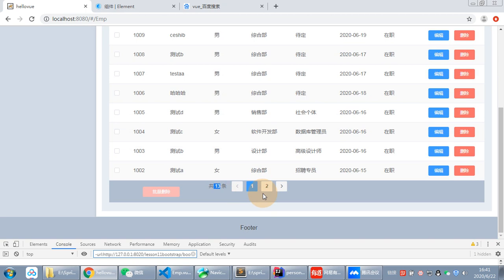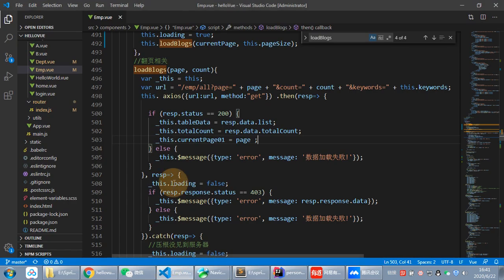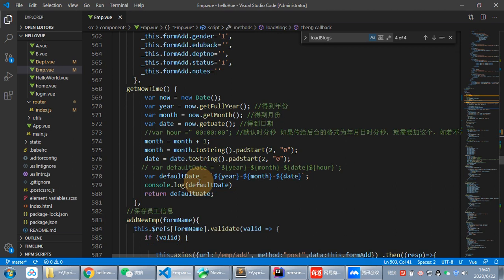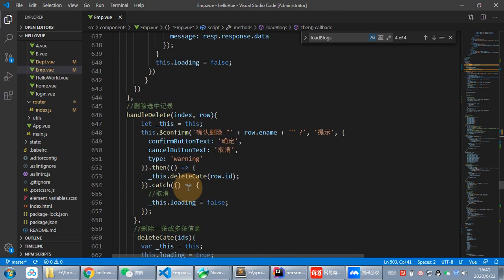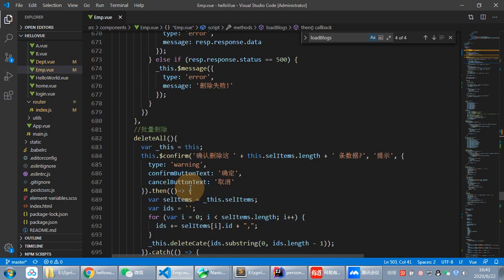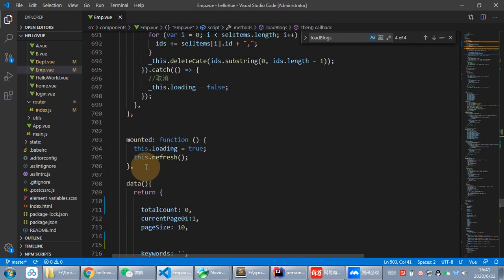Okay, so in our method, we know when you load the page, it will run the method. Okay, the method